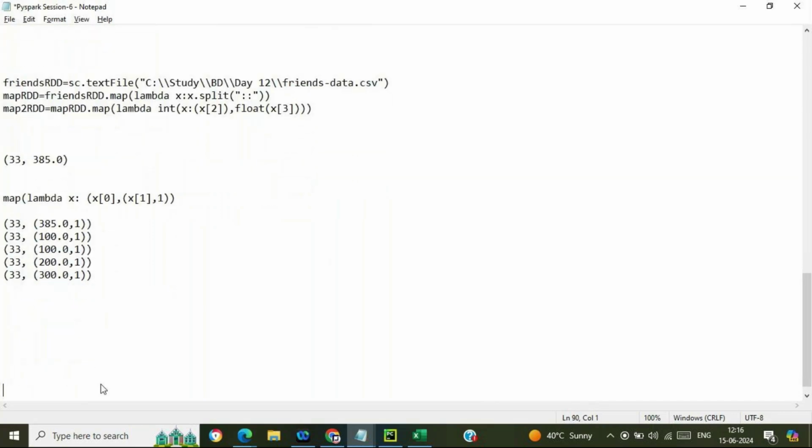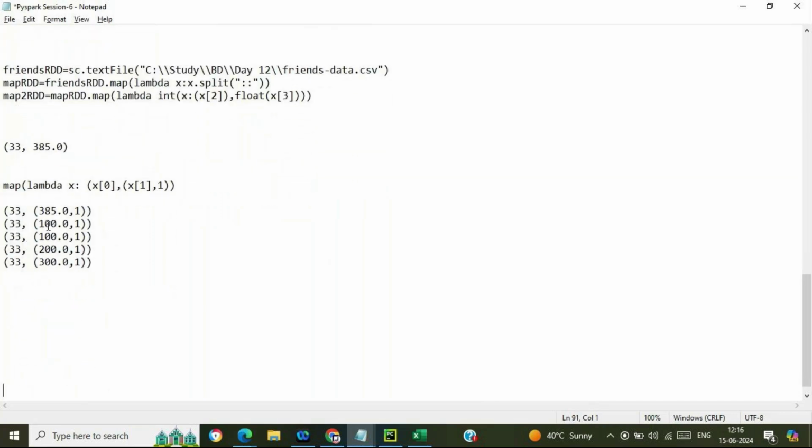Once we apply the reduceByKey transformation, we will be getting 33 comma 100, 200, 200, 400, 300, then 700, 1085, comma 5. We will be getting this after applying the reduceByKey. Clear so far?